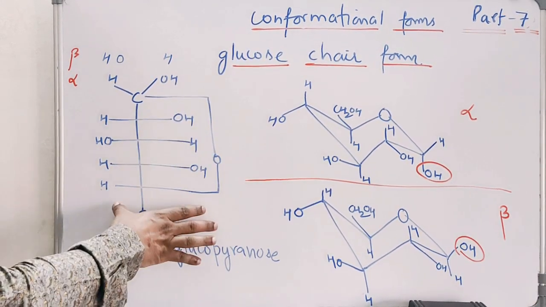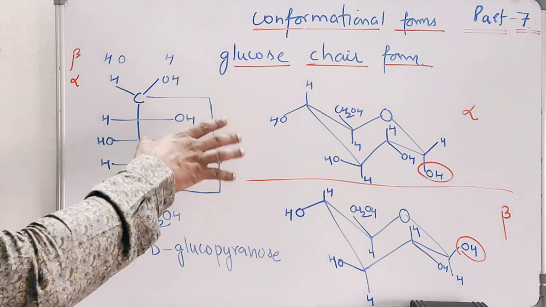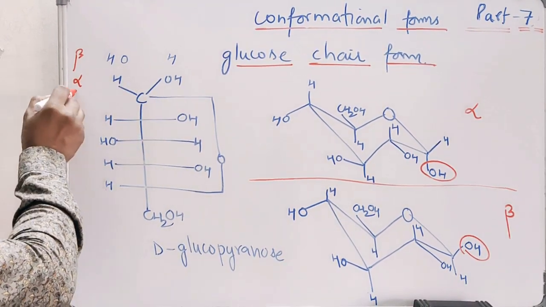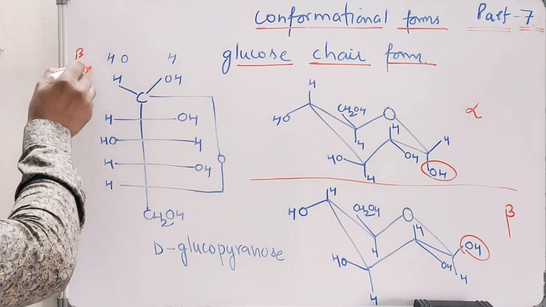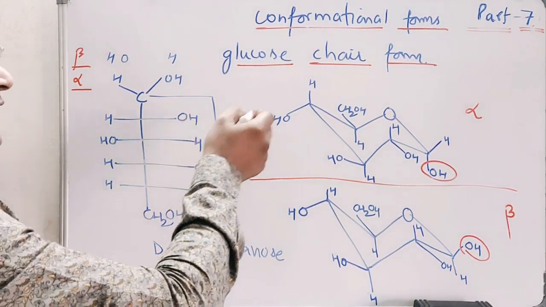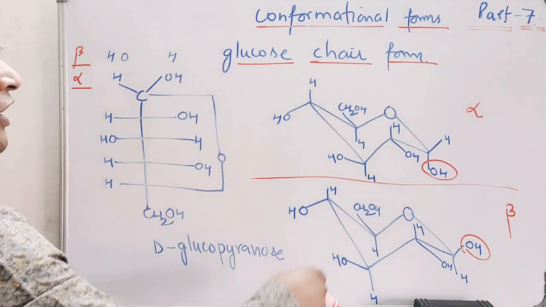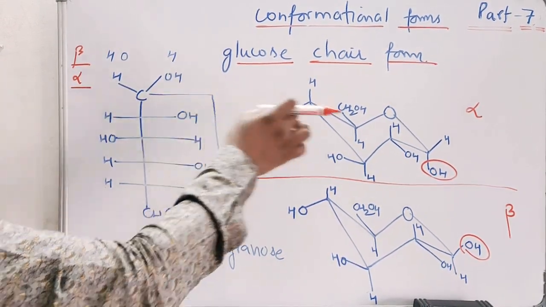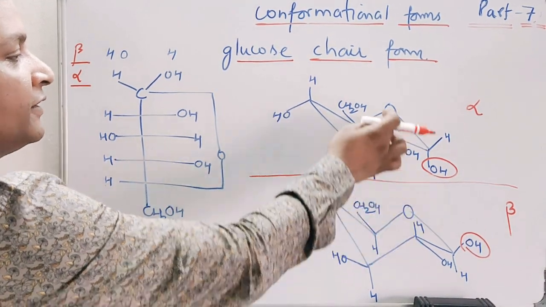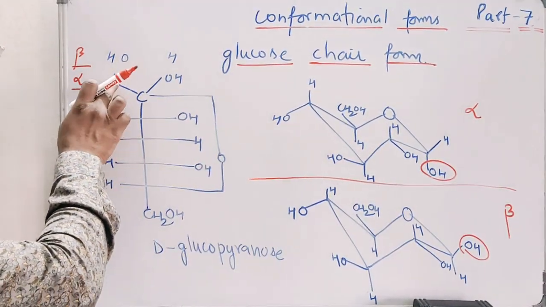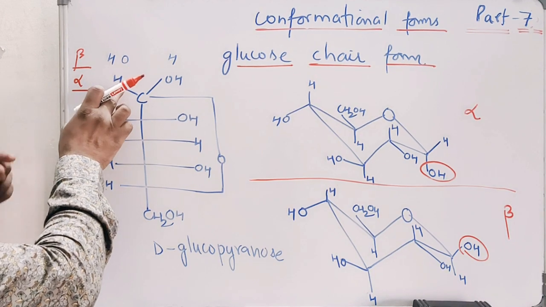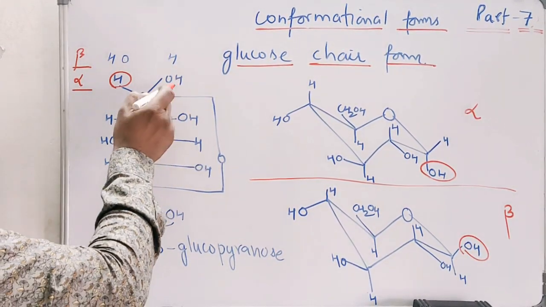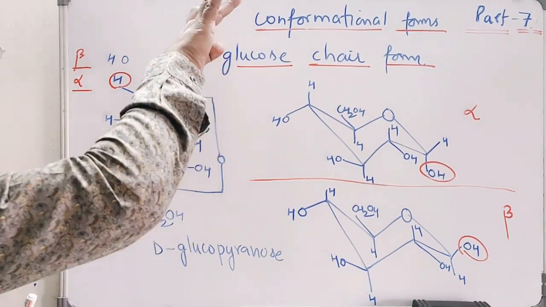You can see here, this is the glucose pyranose form. It is the 6-membered form of glucose, and here it is H, OH, so it is the alpha form, and this is OH, H, the beta form. If I have to write the chair form of this, I simply write the chair of this, and always remember this is the oxygen. Always remember the same point again: one which is occupying the left hand side will occupy the above position, and one occupying the right hand side will occupy the lower position.